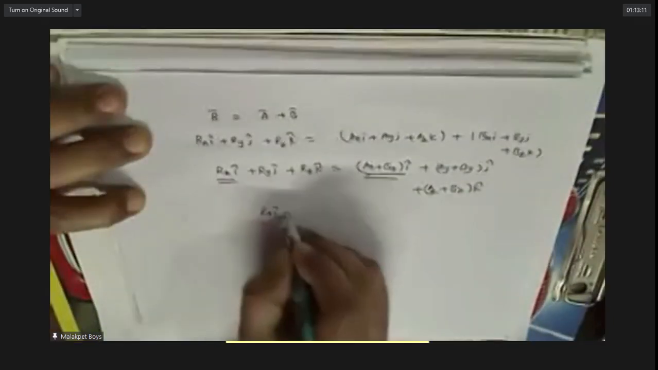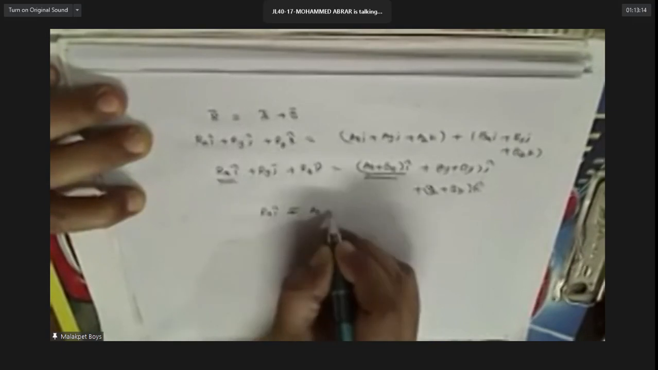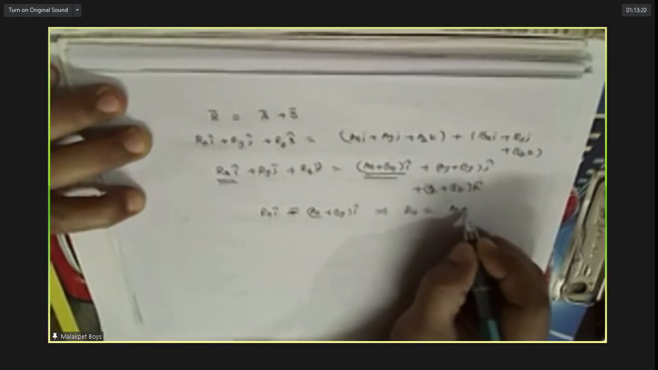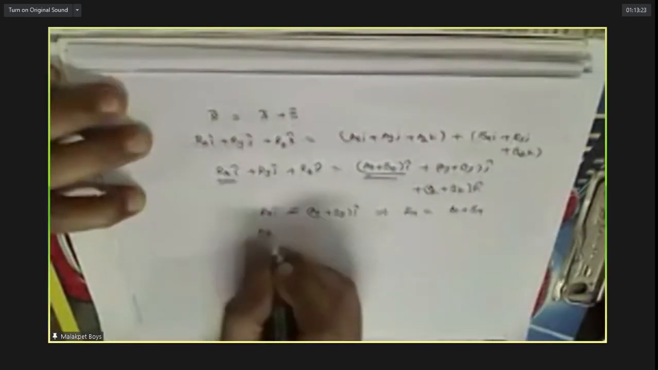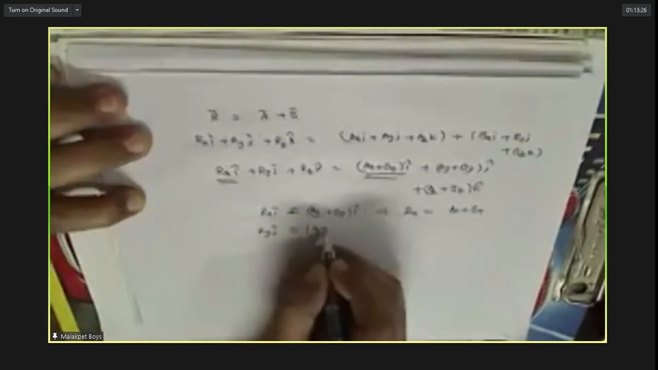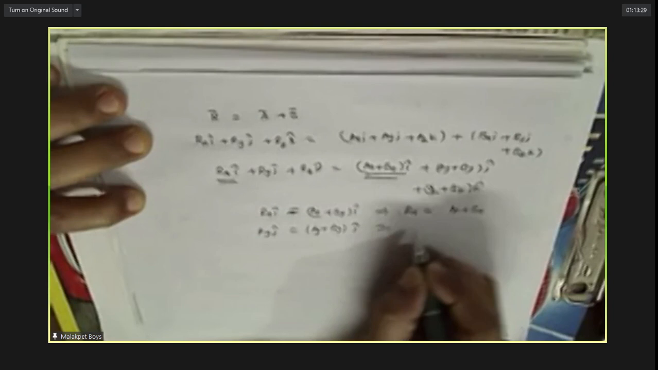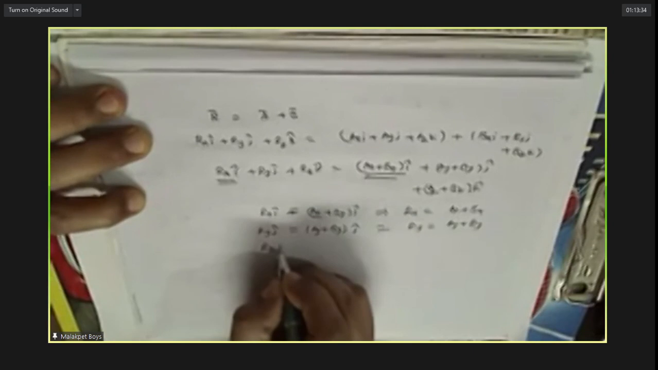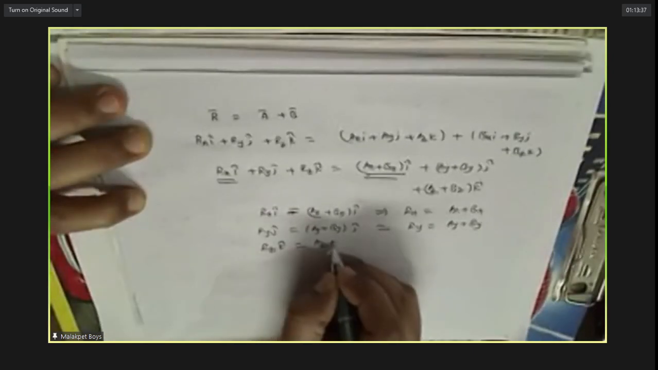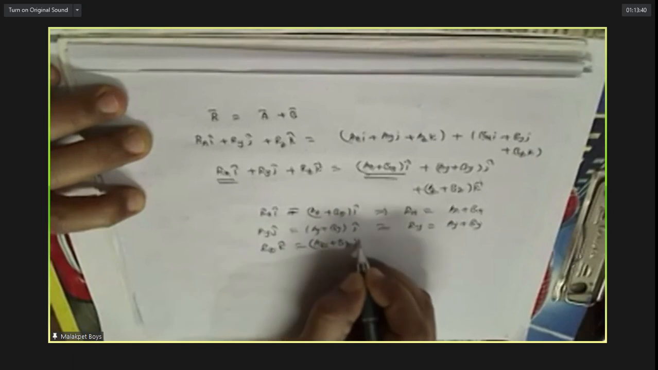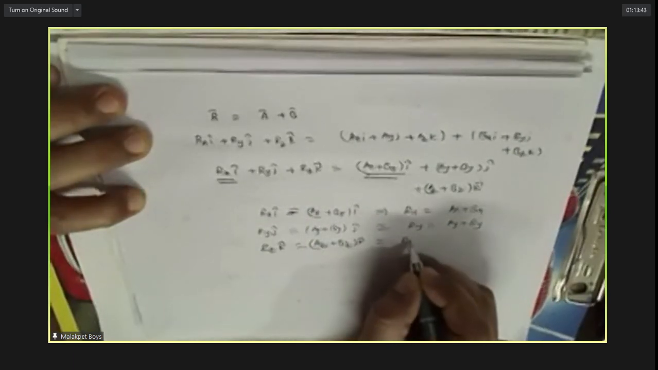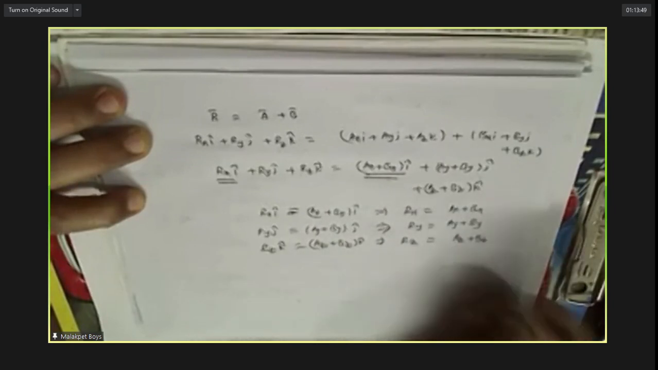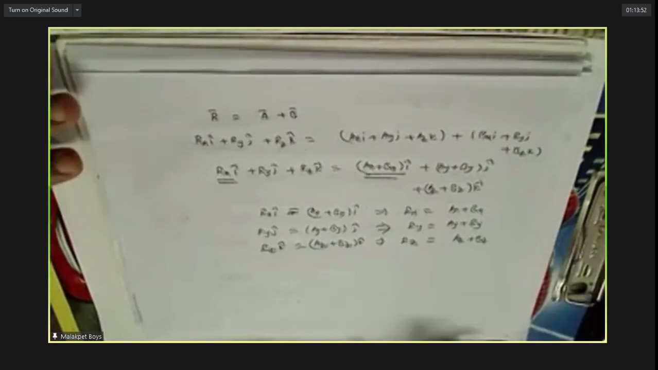Equating. That means Rx equals Ax plus Bx. Similarly, this is what we have done in vectors. Ry is Ay plus By. Rz is Az plus Bz. Then this implies...